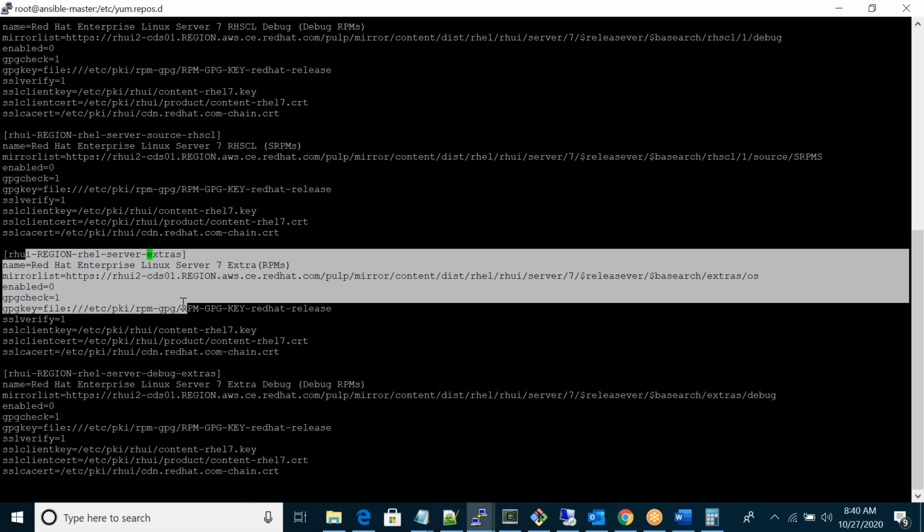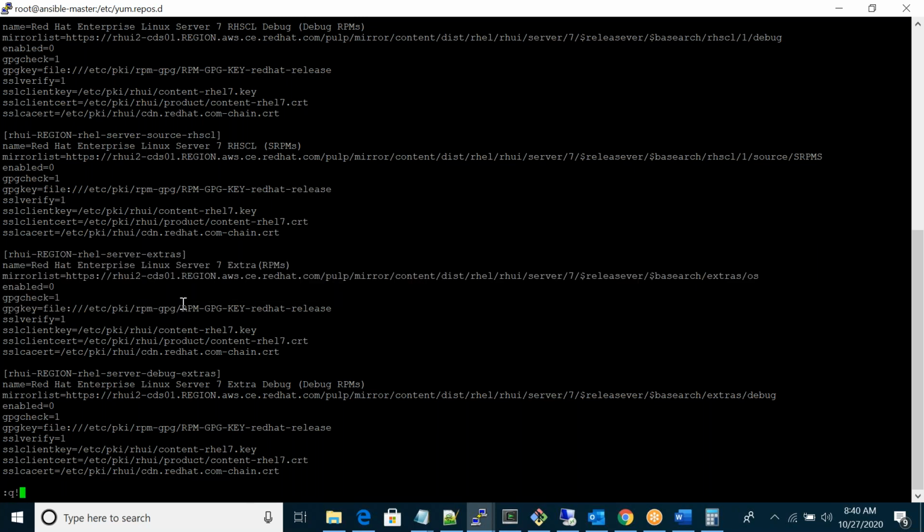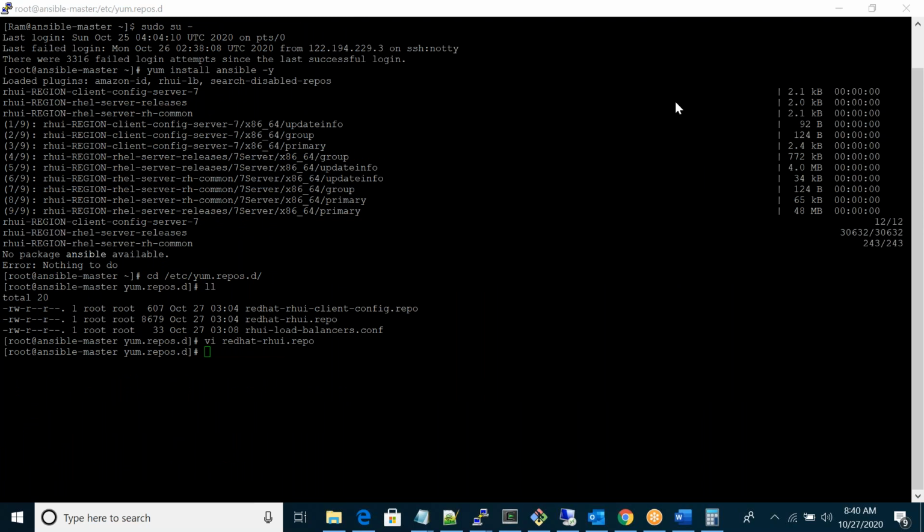Here, you can see enabled. Hold on, tell me. What is this extras? You're saying in our server, the default location under /etc, this was not enabled? Here, this is the default repository for the server.